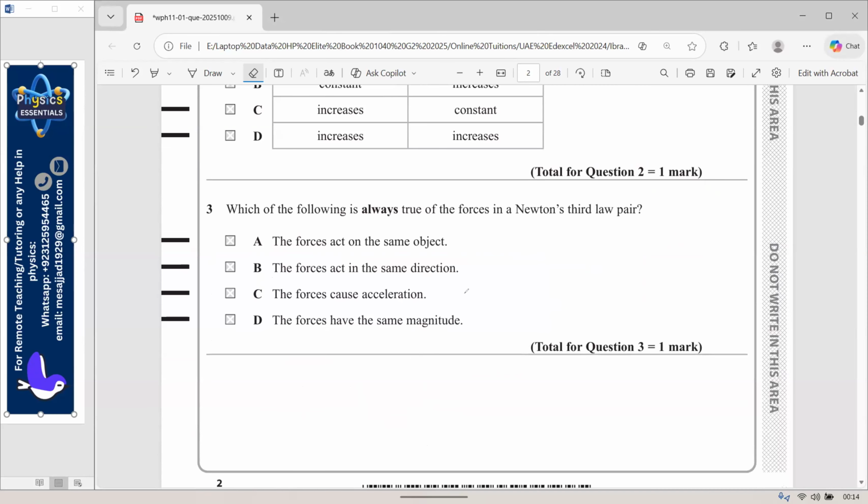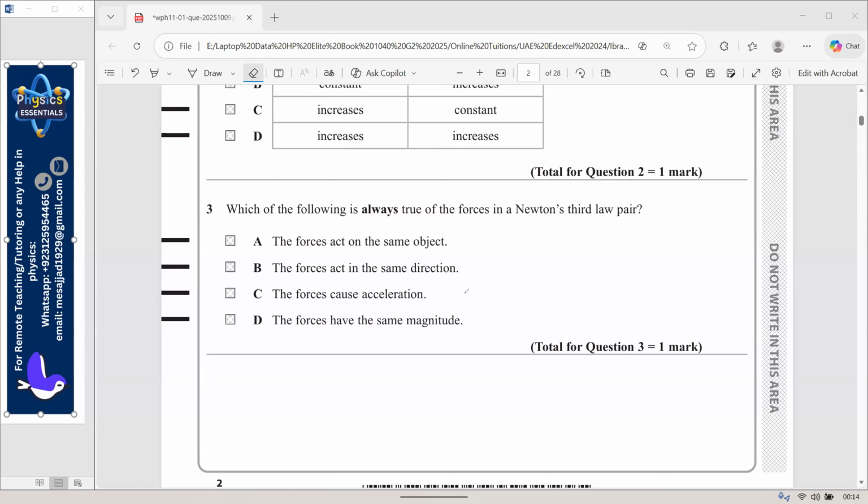Which of the following is always true of the forces in a Newton's third law pair? So a Newton's third law pair has four conditions. Number one, there must be two bodies. Number two, the two forces must be equal and opposite in direction. Number three, the nature of the forces should be the same. And number four, the two forces act on each other. I mean, the first object will put a force on the second one, and the second object will put a force on the